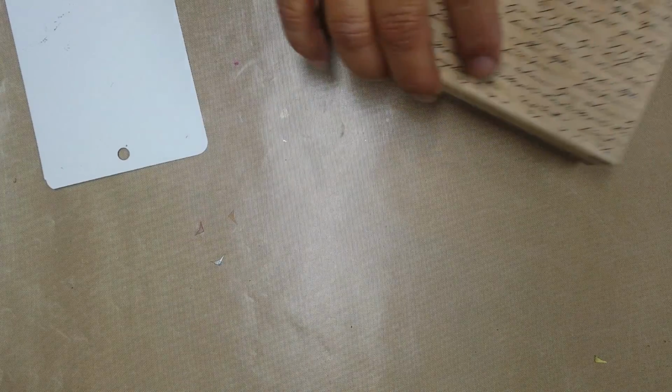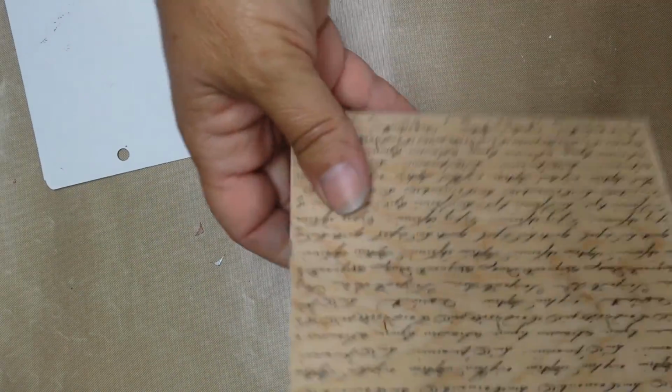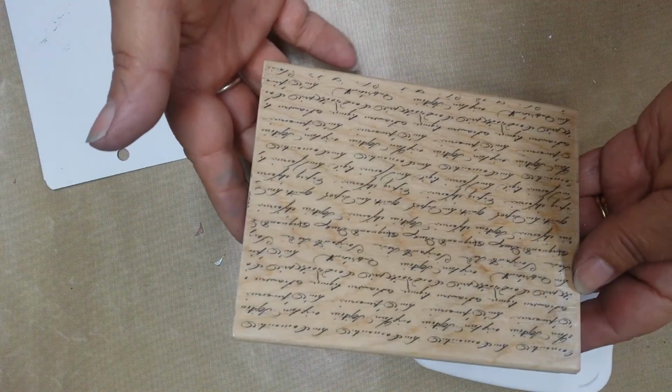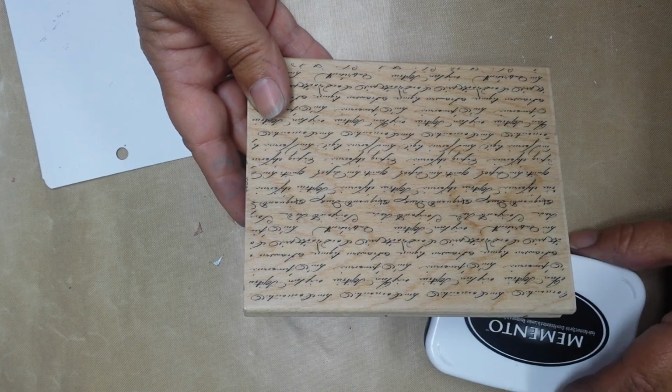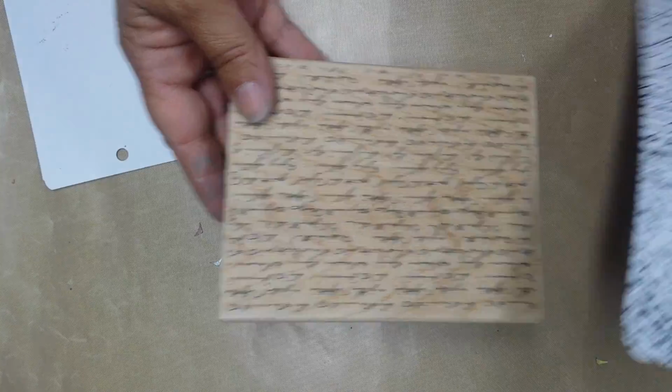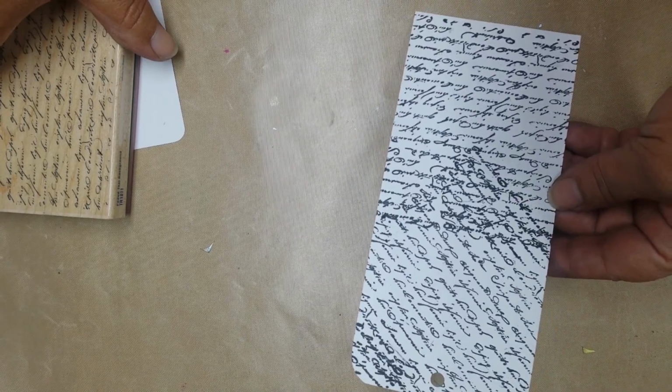Next, we're going to take our Memento, and I've got this really cool stamp that is just a script. And you're going to ink it up, and you're going to put it all over in random patterns all over your tag. When you get that done,